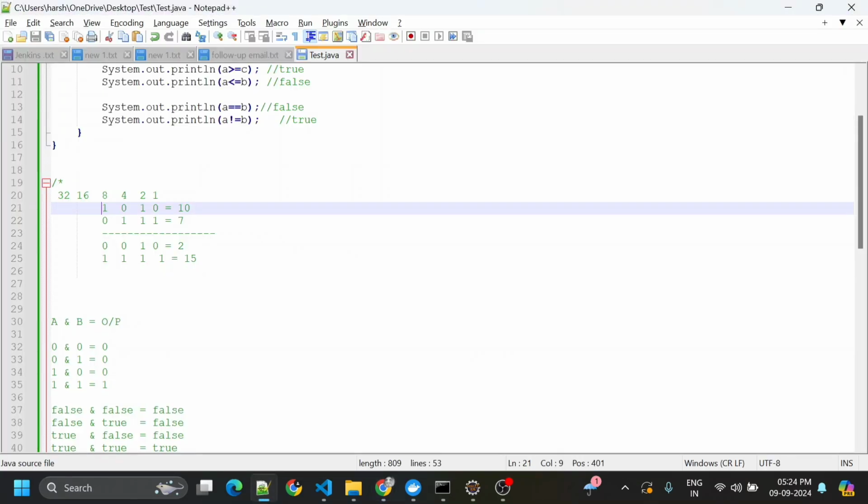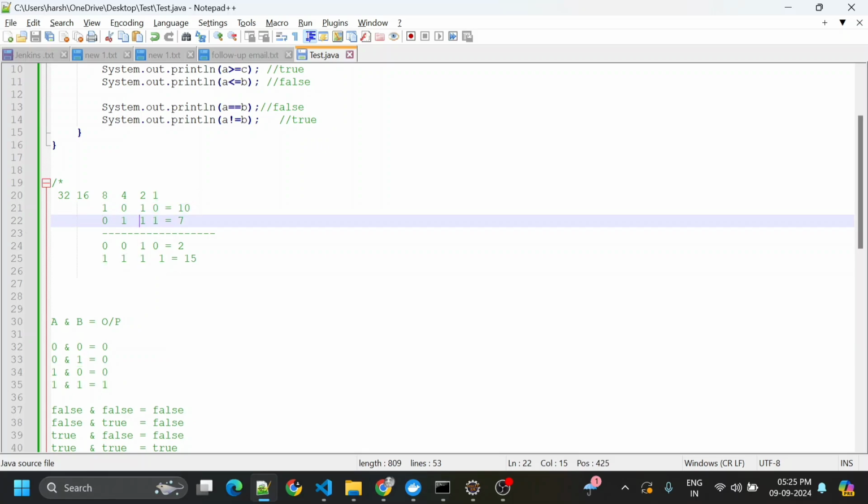This is the basic example. If I write 0 under the 1, 1 under 2, 0 under 4, and 1 under 8, then if you add these, 8